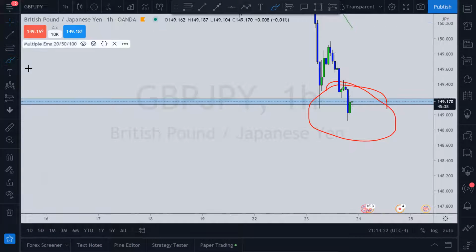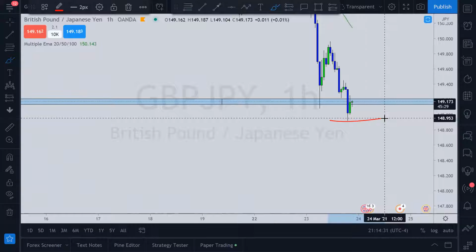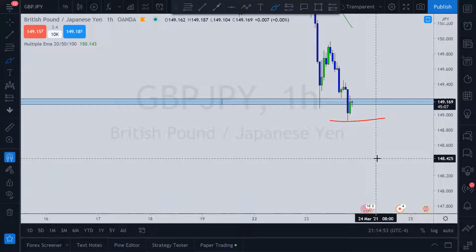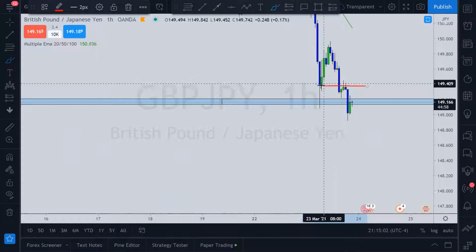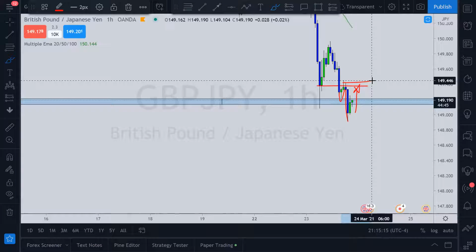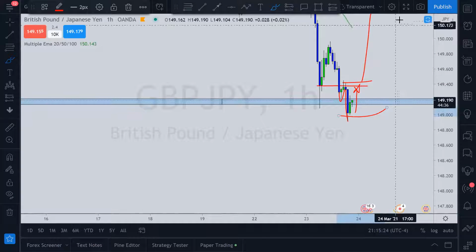Hold on, I like to keep this thing clean. I try. You'll notice we had a rejection here, had a bullish candle here. If we can get one to break this top, break that high, then that is when I would get involved for a long position. I don't want to take a long into resistance, because what could happen is price could react here like it did. It broke this low, came back and retested, and then continued lower. Why would I want to take a long position into that? I'll wait till it passes this. I need a break and a close above this level, and I will take the next candle and look for the upside. Put my stop loss below here, and